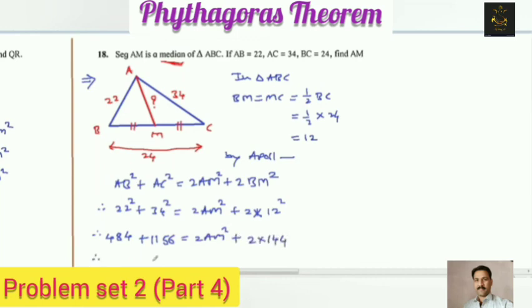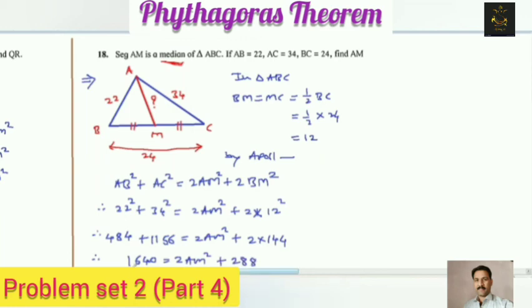So their sum is what? 0. 8 plus 5 is 13, carry 1. Sorry, 4 plus 6 is 10, carry 1. 8 plus 6 is 14. Sorry, mistakes like this we can make here, so try to add or subtract very carefully. 8 plus 5 is 13 plus 1 is 14, again carry 1. 2 plus 4 is 6, that is 1640. This is equal to twice of AM square plus 288.